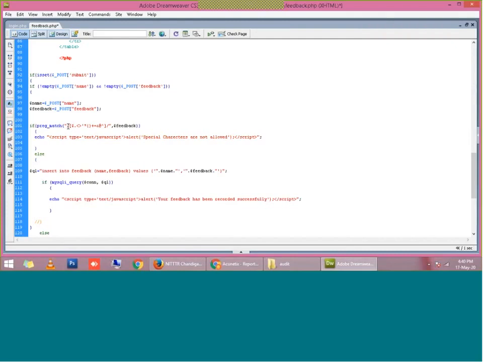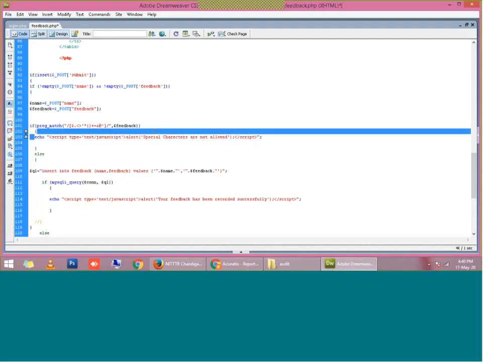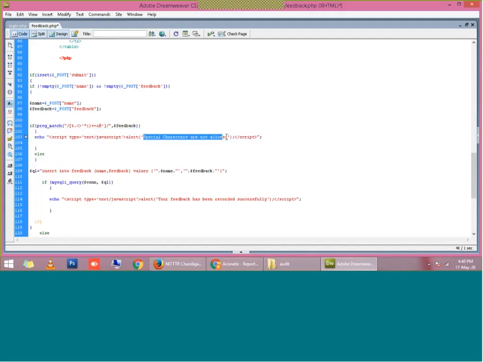So I have kept all these dangerous characters in the preg_match function. If this function gives a true result, which means the text has any of these characters, it returns true. I am doing the preg_match of these characters on the collected feedback, and if it returns true, I show a message to the user that special or dangerous characters are not allowed.